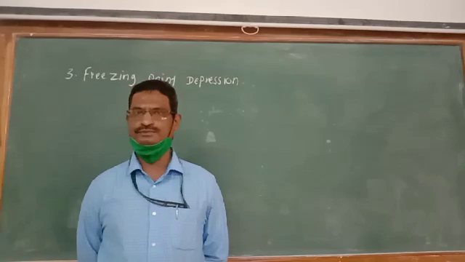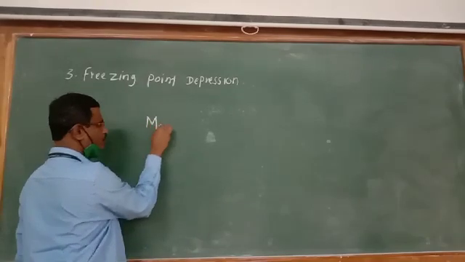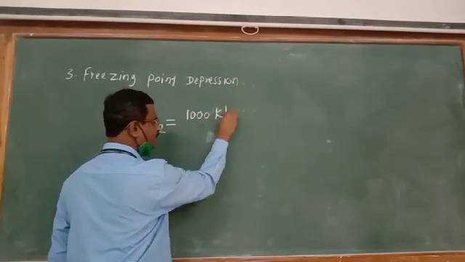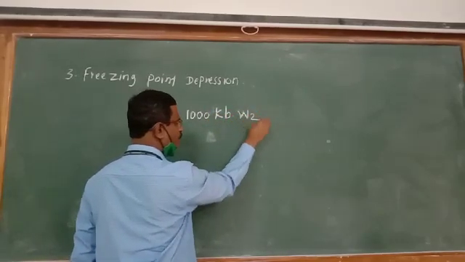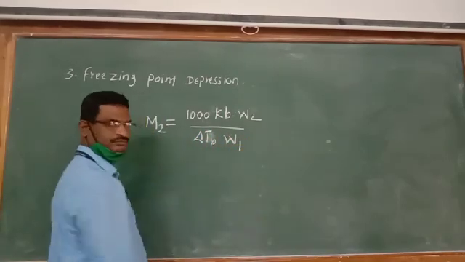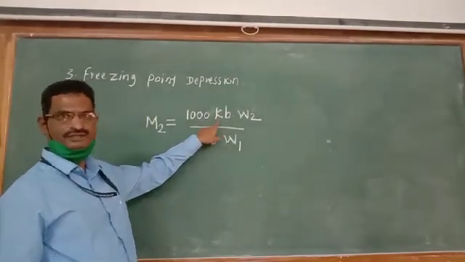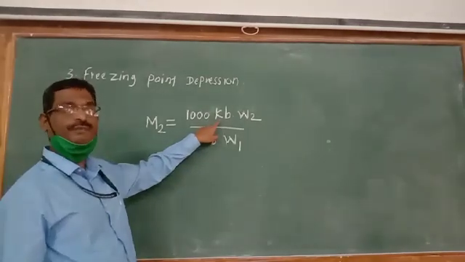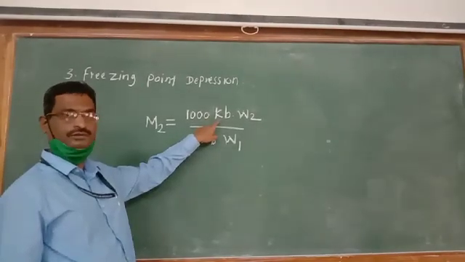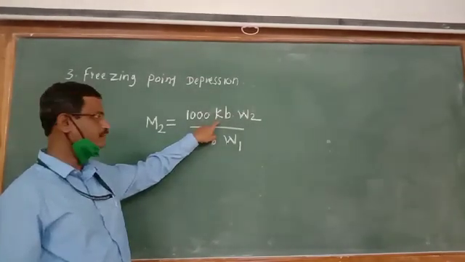molar mass of solute, and the equation we have studied is M2, molar mass of solute, equals 1000 Kb W2 divided by delta Tb into W1. Over here we have studied that Kb is known as the ebullioscopic constant, or also known as the molal, not molar, not molarity, it is molality, small m,